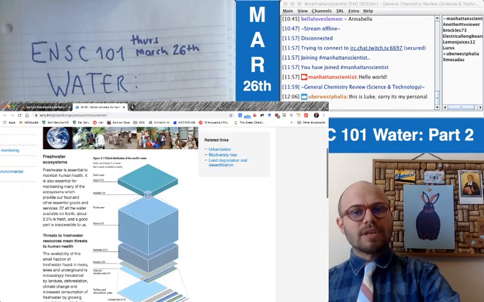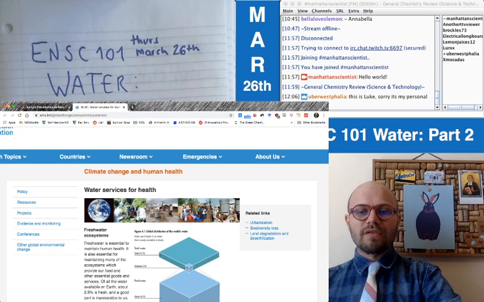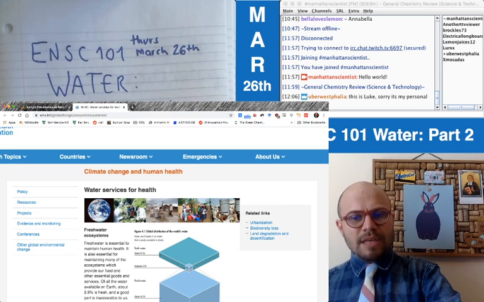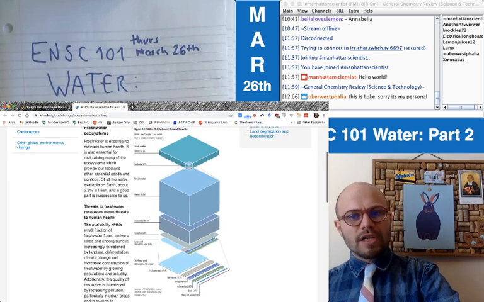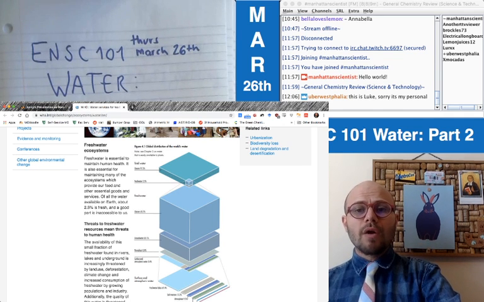So now let's look at some of the stuff that they're talking about. In this case, they're relating climate change and human health, so very relevant, of course, to what we're looking at. And there seems to be a breakdown here of how water is distributed globally. And so this is kind of like what we looked at back on Monday, where,